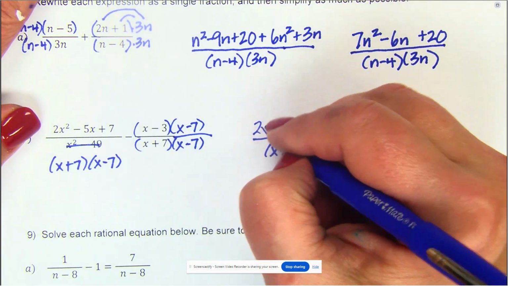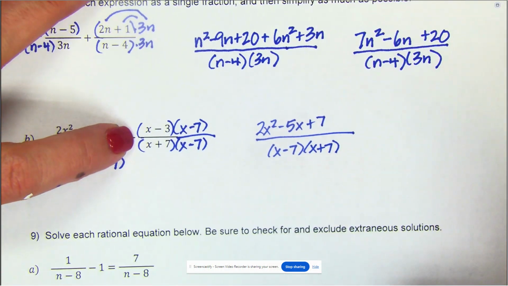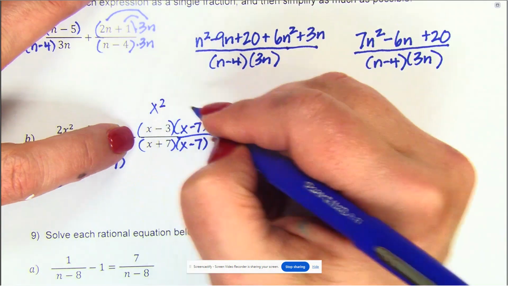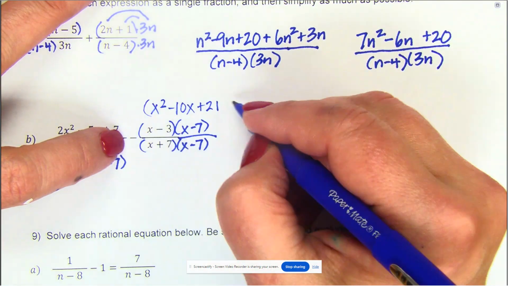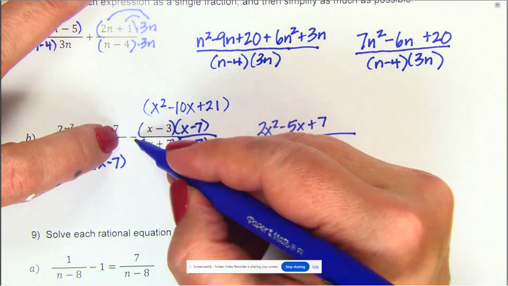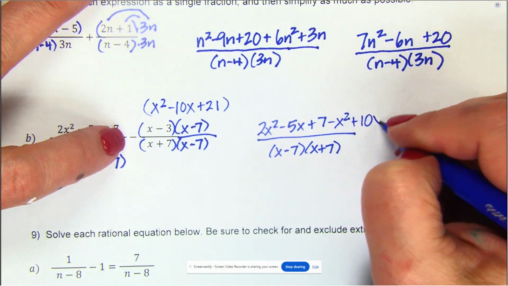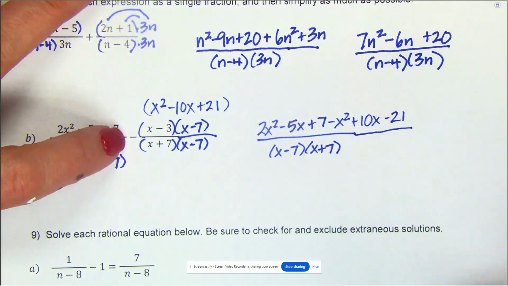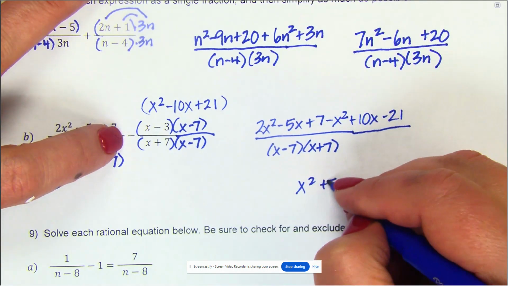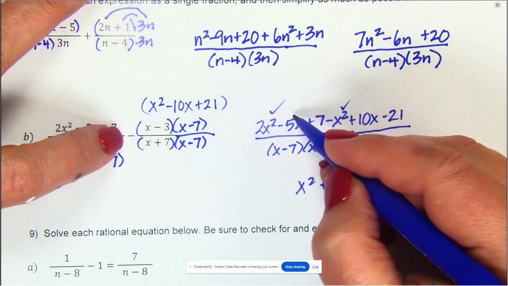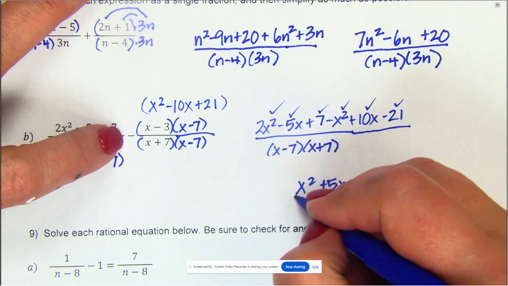So I'm just going to write this one down. Personally, I ignore the negative for a minute and I do this problem. So this is x squared minus 10x plus 21. But you're subtracting all of it. So all of these, the negative gets distributed to. This becomes negative x squared plus 10x minus 21. So now I combine like terms. I get x squared plus 5x, that is those two, that is those two, and then a 7, so minus 14 all over